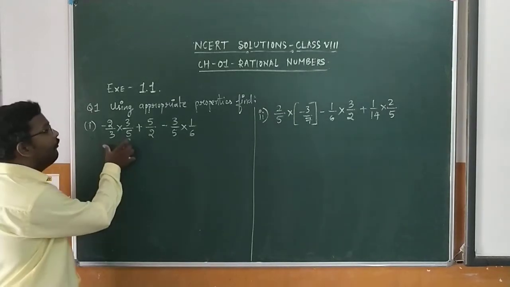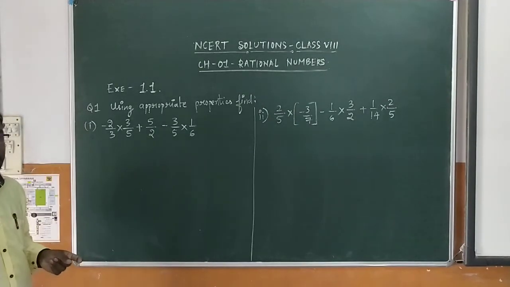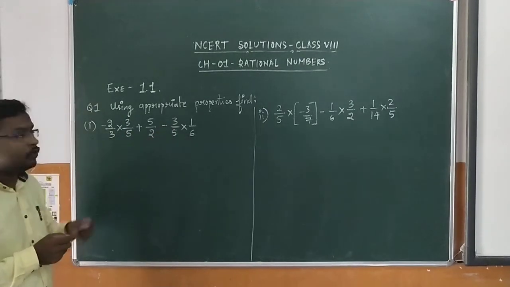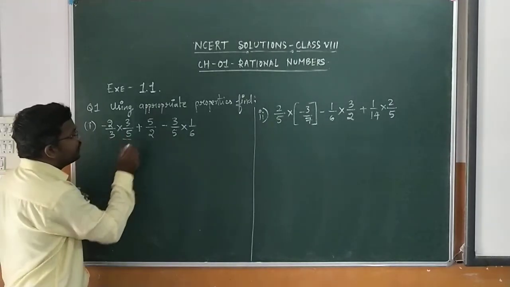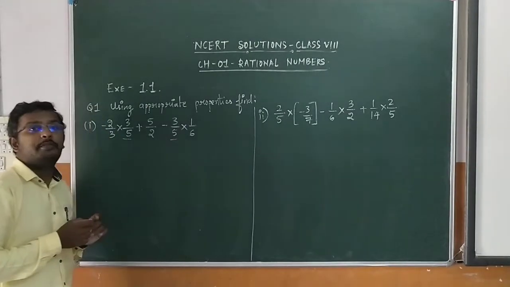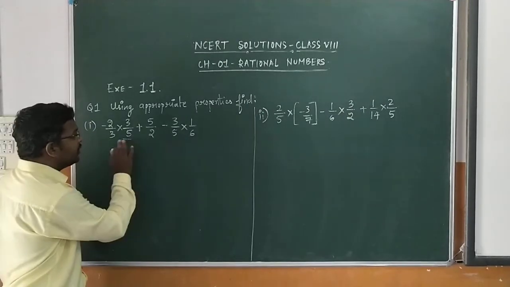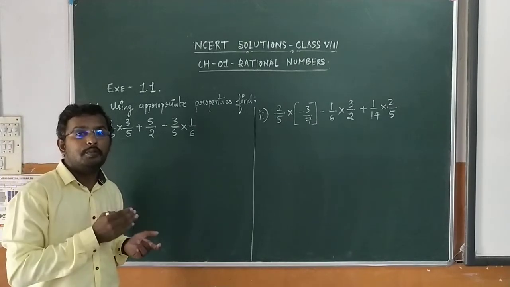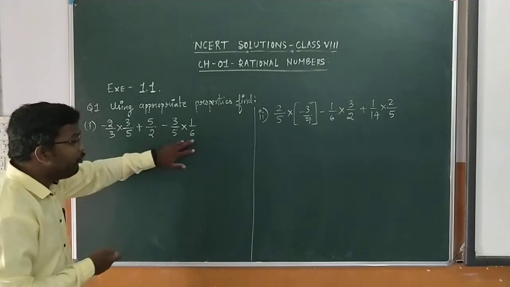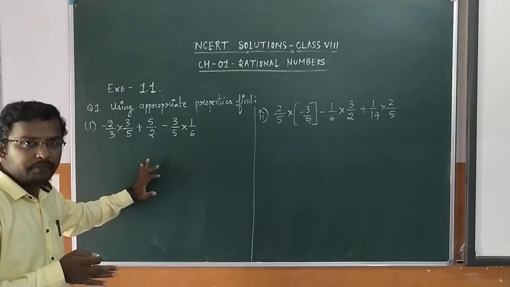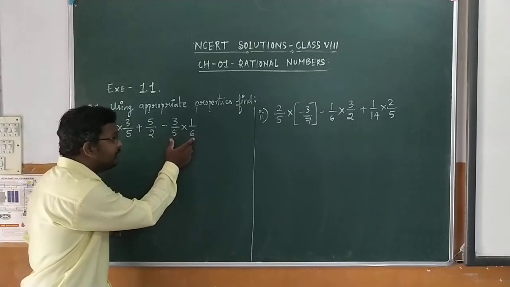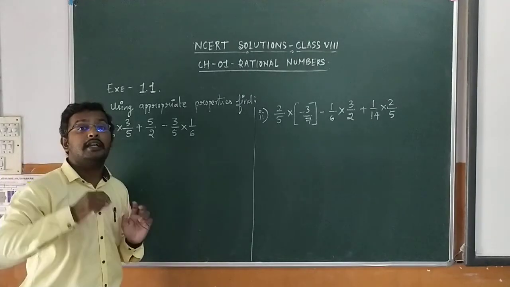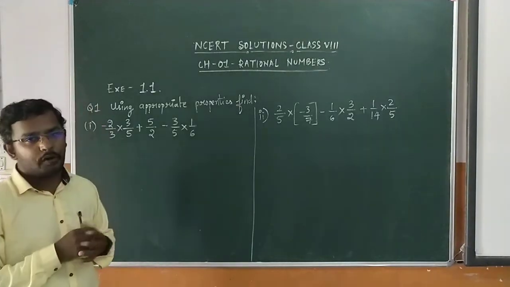In this question we have to find out something common. If you look at the terms, we have 3 by 5 here and 3 by 5 here, so 3 by 5 is common in both terms. These can be taken out by using which property? By using the distributive property over multiplication. Before taking this 3 by 5 outside, we have to shift this term near to the first term. For that we have to use another property called the commutative property.